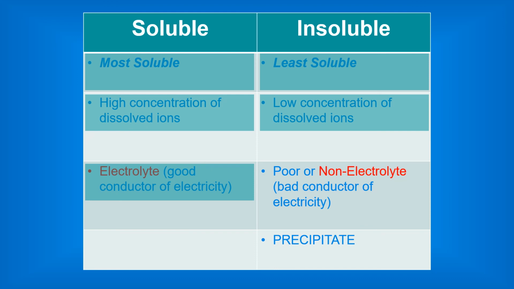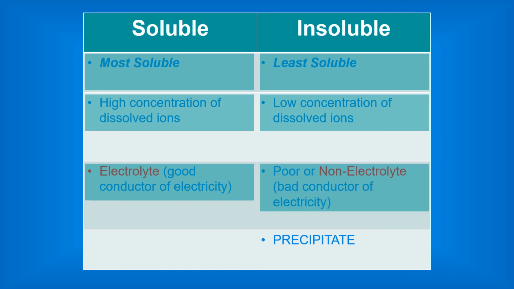Because of those ions breaking down, it's going to be a good conductor of electricity. And whenever you have a soluble substance dissolved in water to make an aqueous solution and it conducts electricity, it's called an electrolyte. If on the flip side, you have an insoluble compound, which is dissolved in water to make